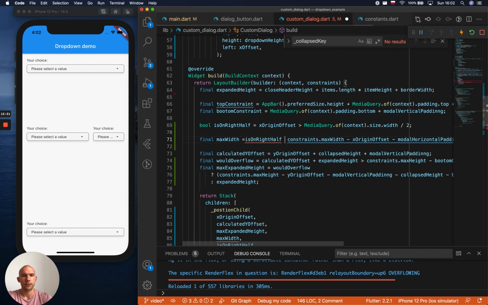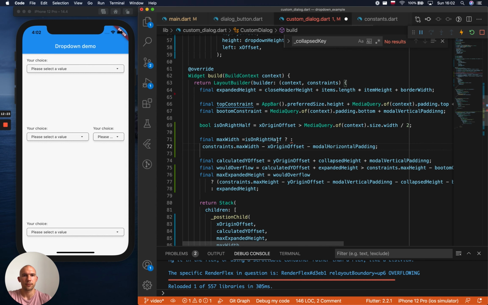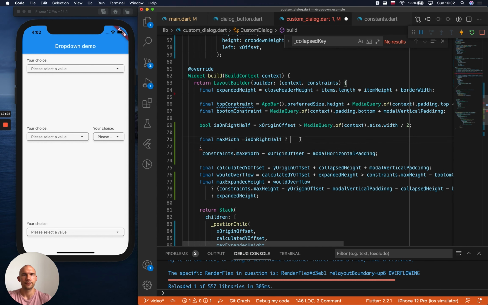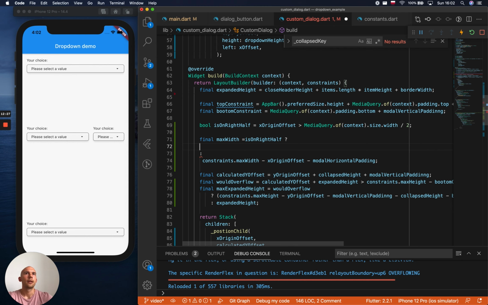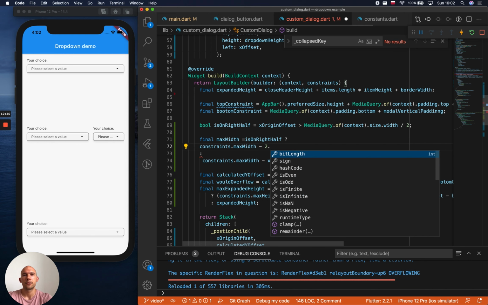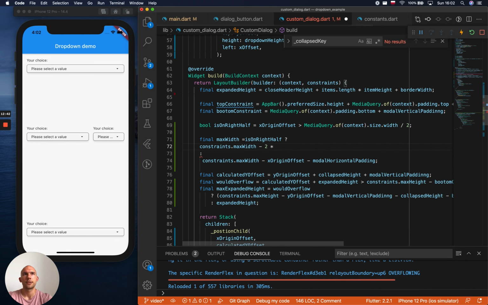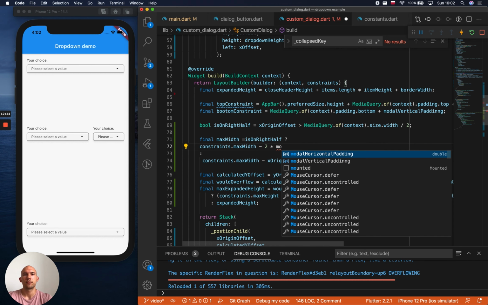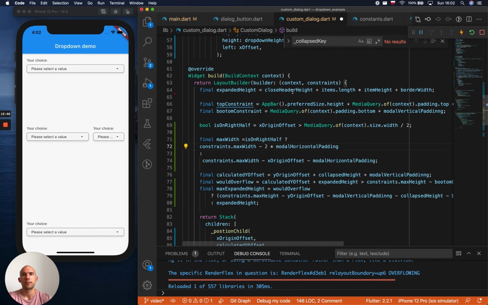So when it's on the right half, then the calculations will look a bit different. So when it's on right half, that should be max width on constraints, simply minus 2 times modal horizontal padding,